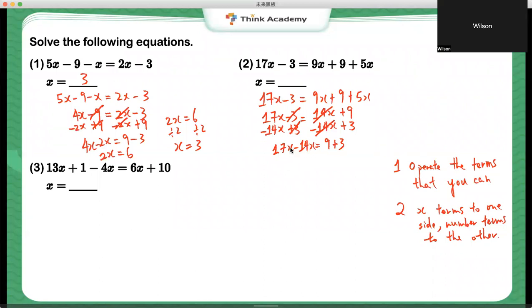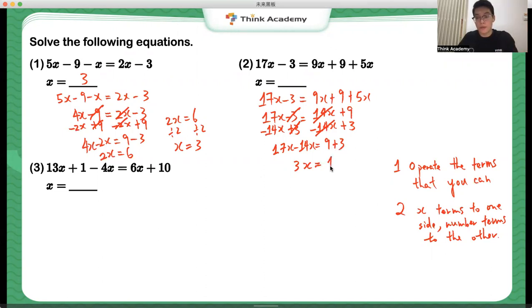So on the left-hand side, we can do the operation. 17 take away 14, that's 3. So it's 3x on the left-hand side. On the right-hand side, 9 adding 3 is 12. So I have 12 on the right-hand side. So if 3x is 12,